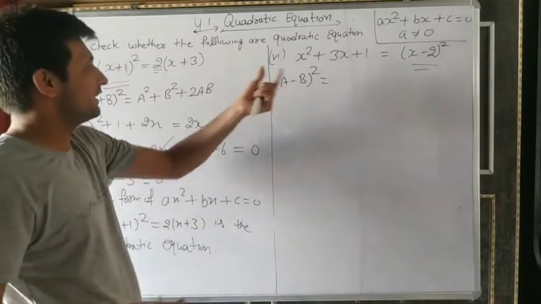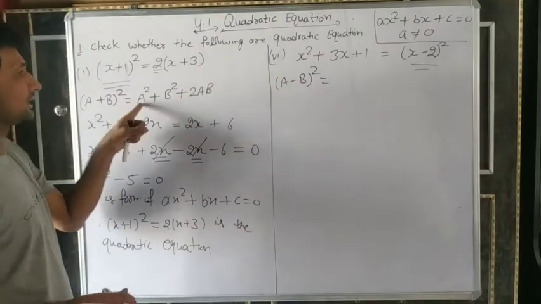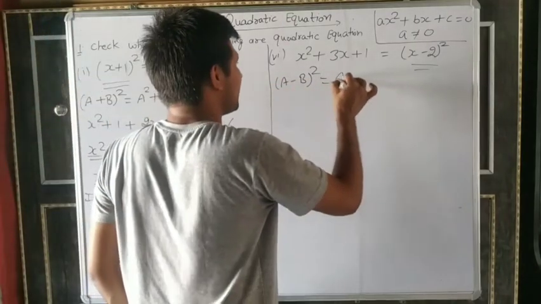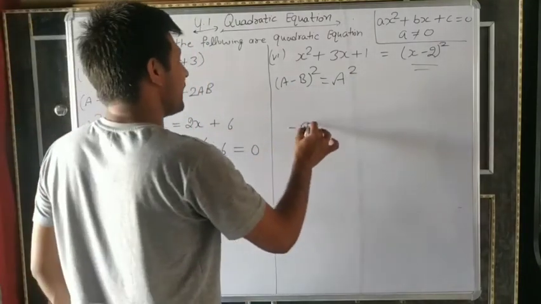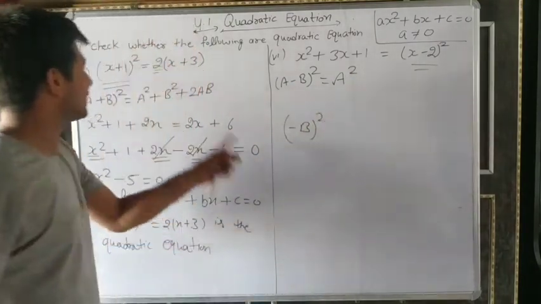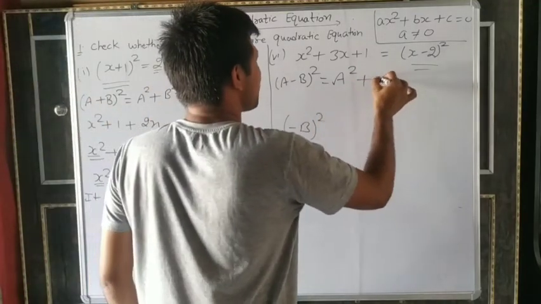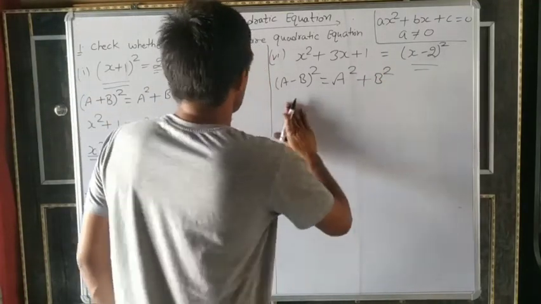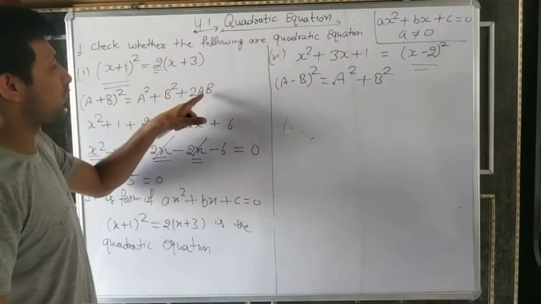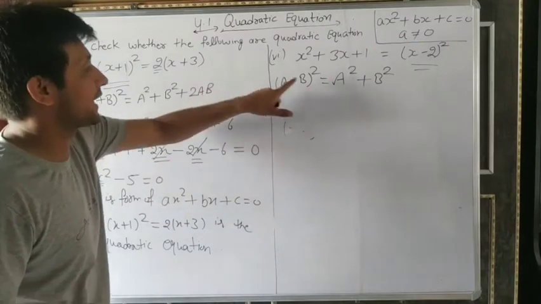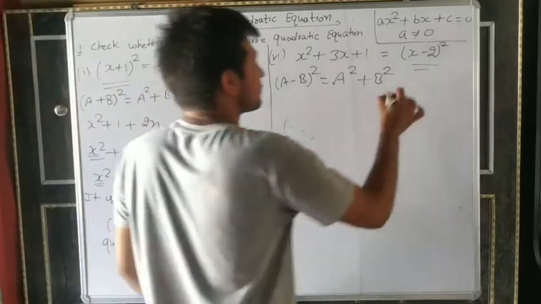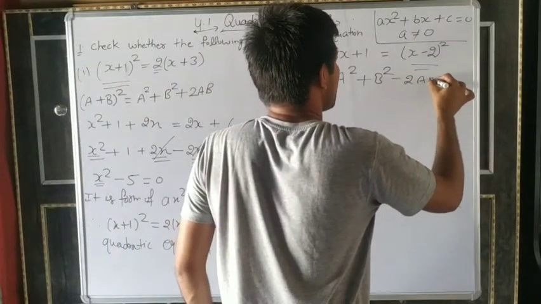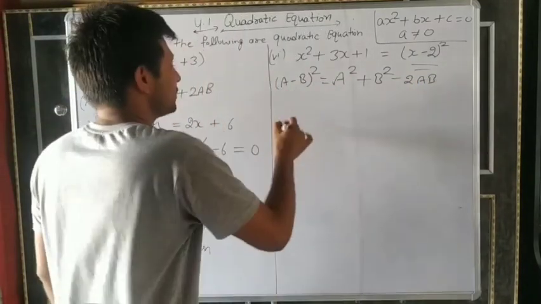We can find this formula also from this one. First number square, a square. Second number is minus b, and the square of a negative number is always positive, plus b square. Now plus 2 into first number into second number. Second number here is negative, so positive into negative is negative. That's why minus 2ab. So now we will use this formula.